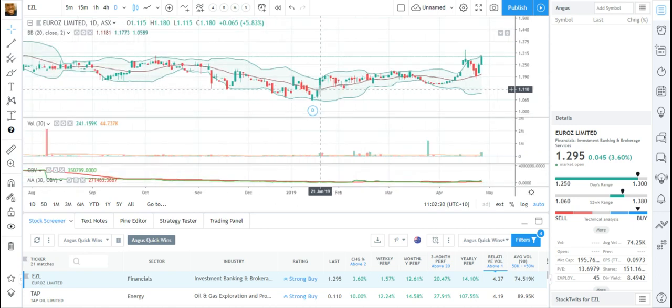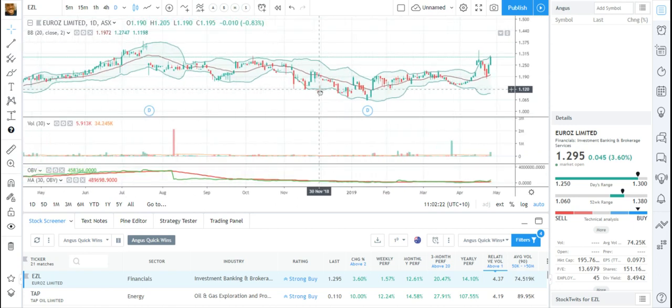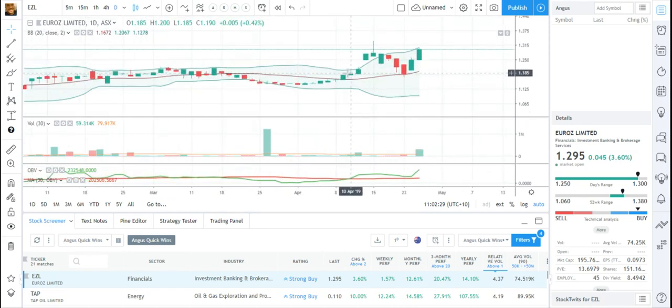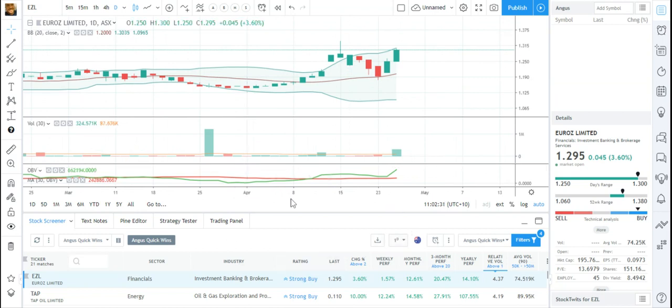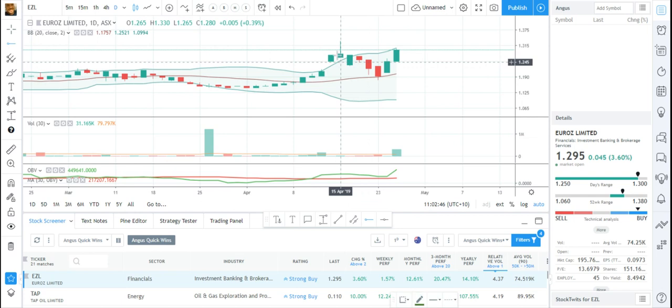If I scroll back a bit, that's back to about August last year, it had a bit of a high there. So when I look at this stock, I'd turn on some of my drawing tools. That's just a little star that turns on my preset drawing tools. I've made a video on how I add these to this little thing, so I won't go through that again. But what I'd do is click on my little horizontal ray, and I'd say, well, look,